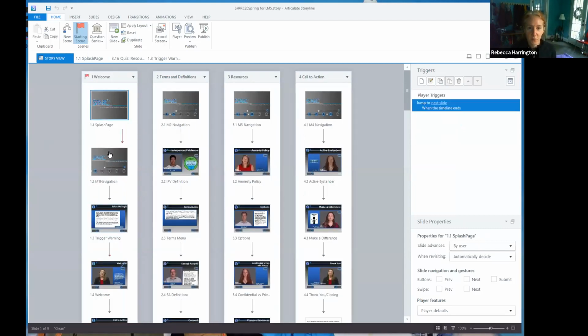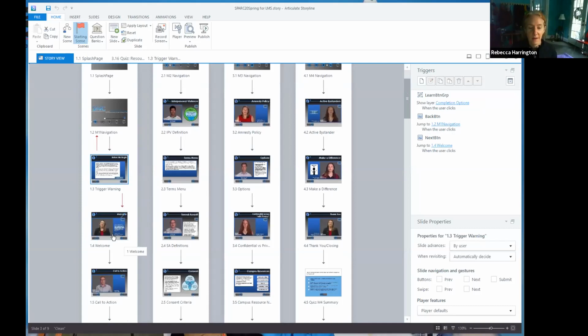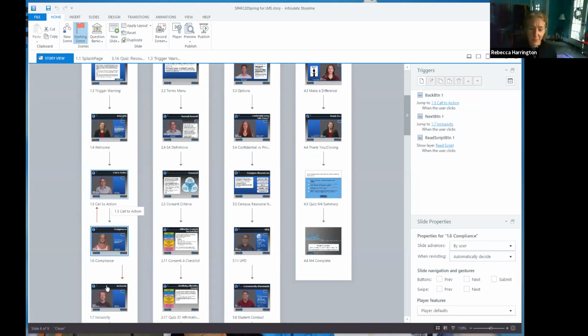And this is actually a really simple way to make sure your navigation is all in place. Like, this slide can only go forward to this slide. There's no back button here, and I can tell that because there's a red arrow going here, but no red arrow going back. Once I'm here though, I begin to say, okay, I have a back button and I have a forward button that all work. And this would be a really quick way to notice, oh, that arrow's missing. Sometimes you'll have an arrow that's extraneous, and this view can look like a tree sometimes, and it's very muddled.